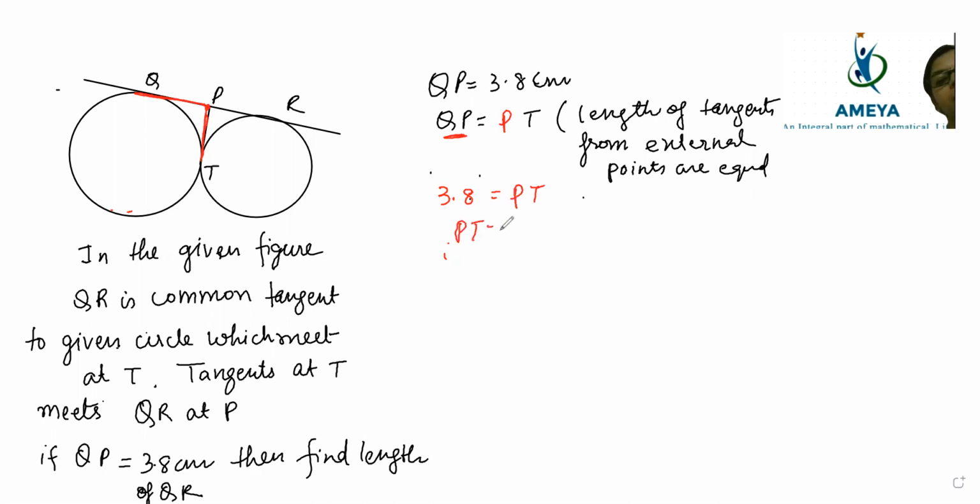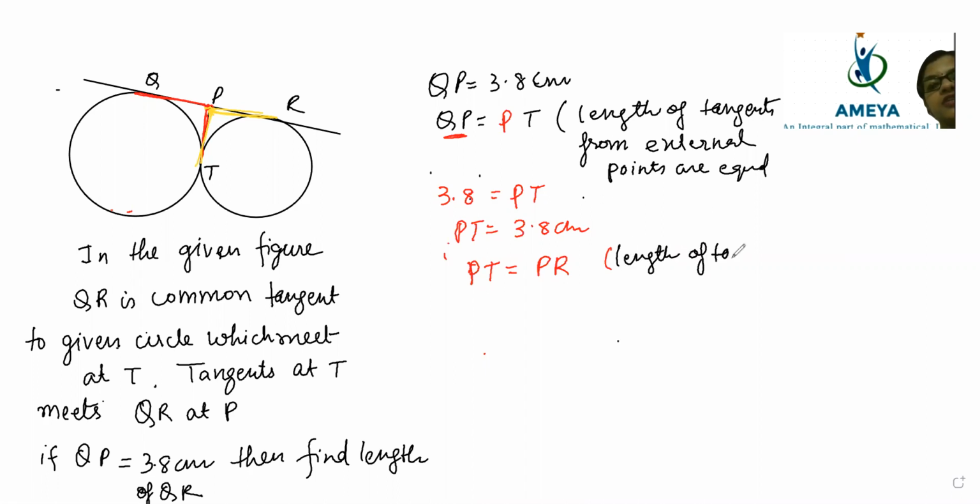So PT here coming is 3.8 centimeter. Now again, beta, we know that PT will be equal to PR. Same theorem, because it is now external point, and from external point length is exactly equal. So what you can say, PT is equal to PR,